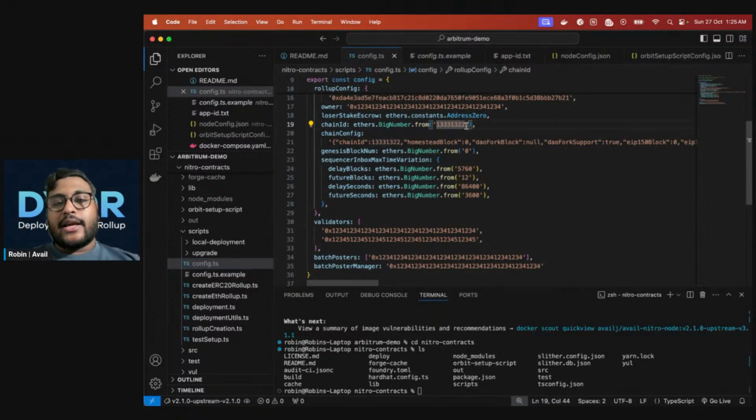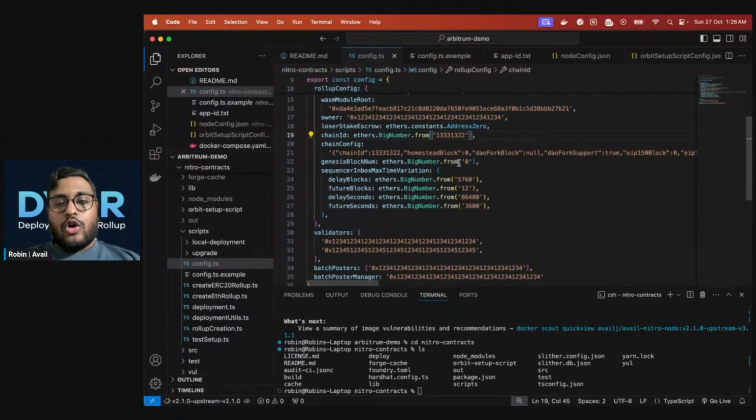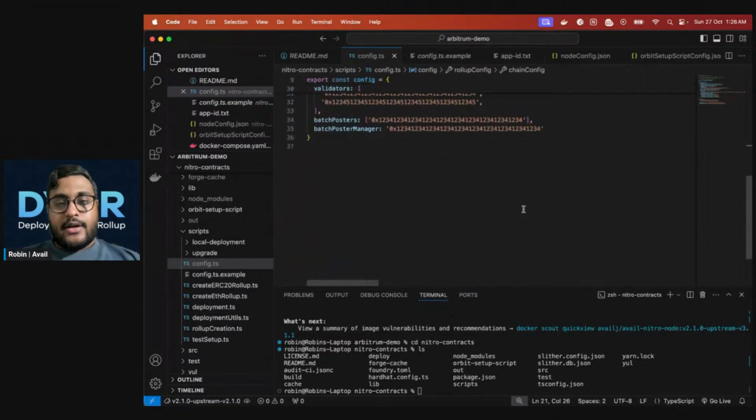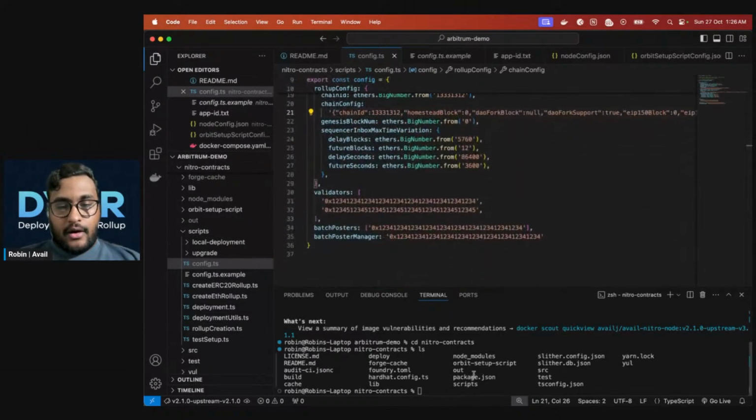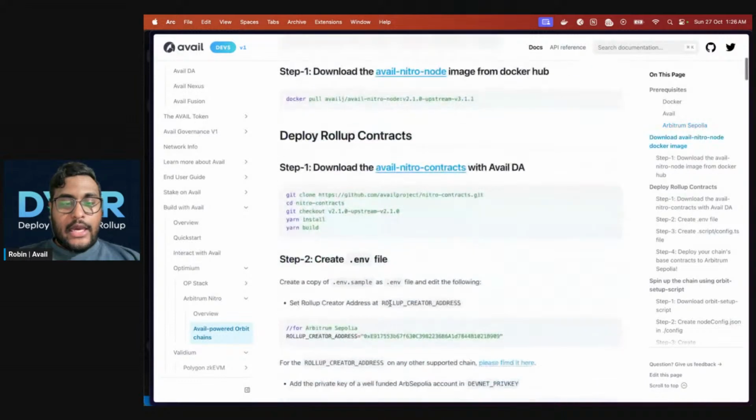You can change, if you want to change the chain ID, I guess that would be the easiest thing to do. I can just create a chain ID like this and change that over here also and deploy it, right? So that's fine. It depends on what you want to do. And then once you do that, let me just change this up to, like, one, two, and now just one, two here. I'm gonna save it. I hope I have enough